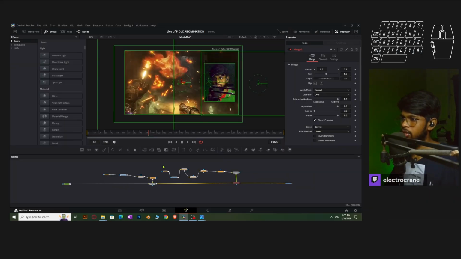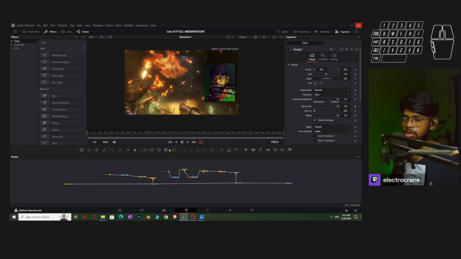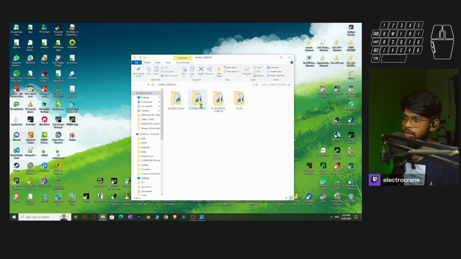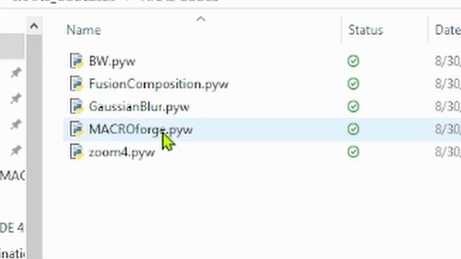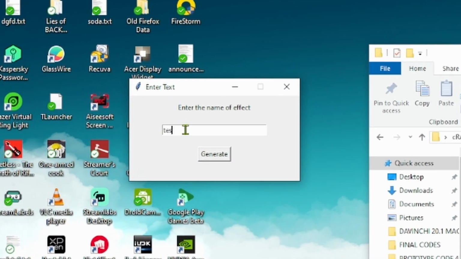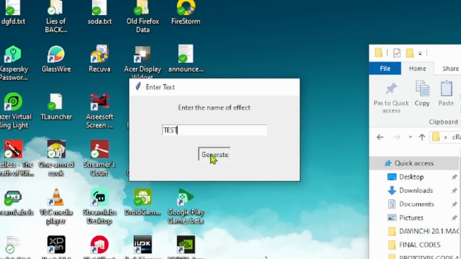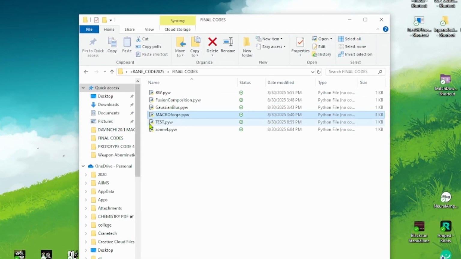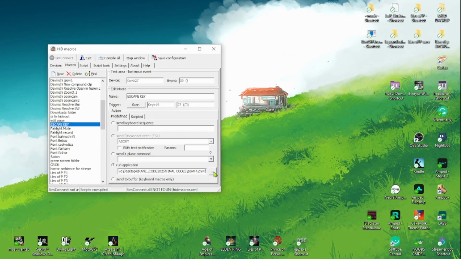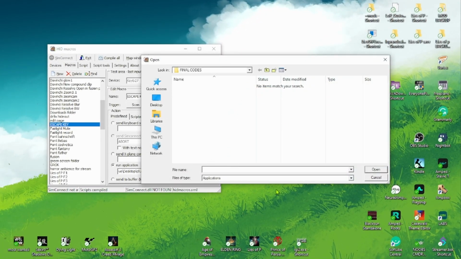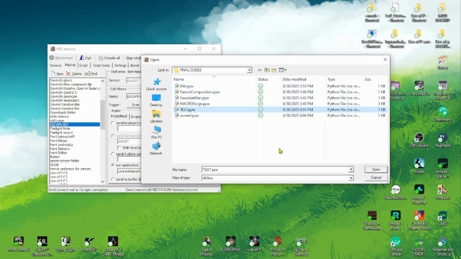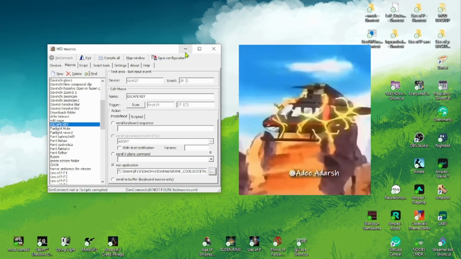Okay, I'm gonna hit save, close DaVinci Resolve itself. Then we're gonna go to our folder where the MacroForge is, and we're gonna go to the final codes, MacroForge. Double click on it, and we're gonna type test, and then hit generate. There you go, you have test. I'm gonna be using the escape key. So now we're gonna hit this three button here. Now you can see you cannot see anything. You can just make application to all files, and then you just select the test, open, save configuration, boom,